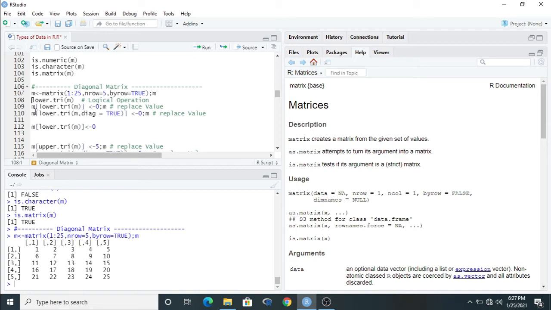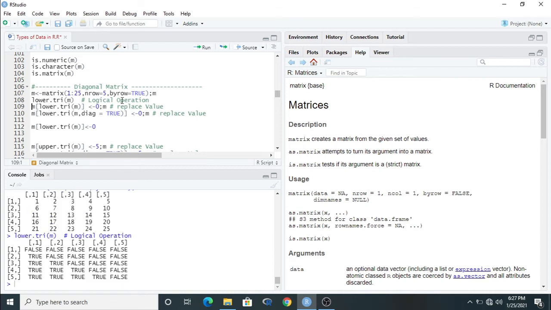For the lower triangular, lower dot tri, inside the bracket m, it indicates the logical operation. It means the lower triangular value will be shown as true, and the upper triangular value including the diagonal value will be shown as false. Okay, just run this. Clear? The lower triangular value showing true, and the upper triangular value including the diagonal element indicate false.